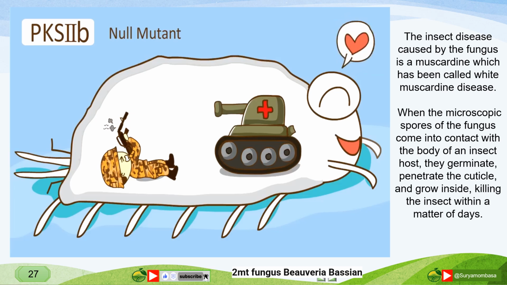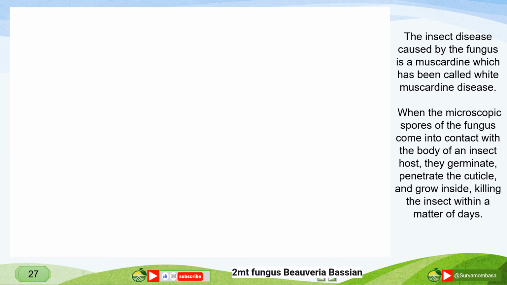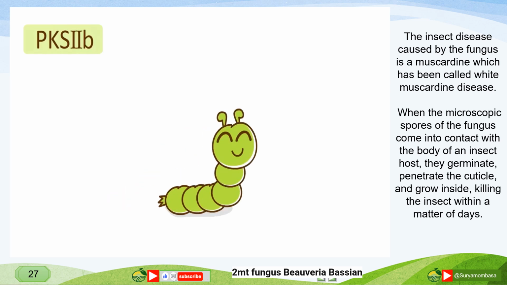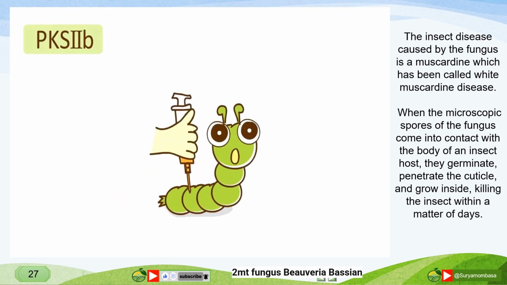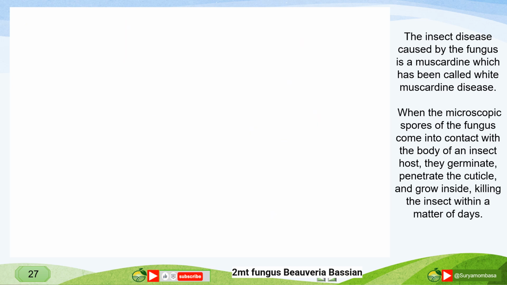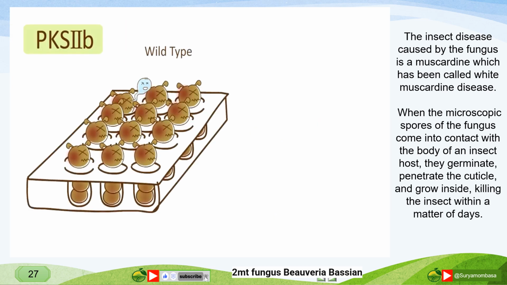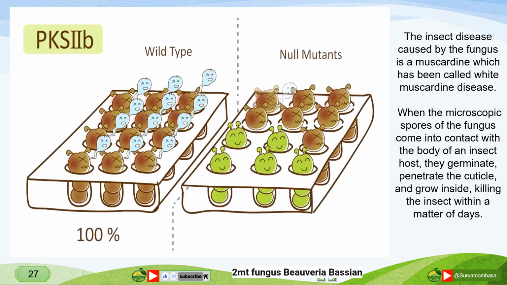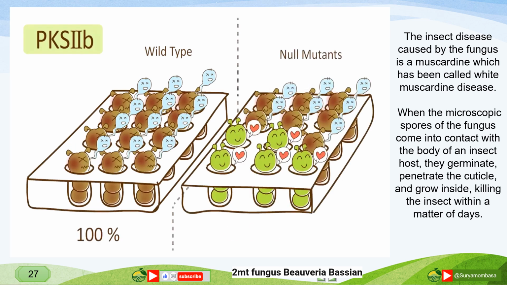We tested the insect virulence in a similar way to that conducted for the PKS3 study. Only 40 to 80% of insects injected with the PKS2b null mutant died. Again, 100% of wild-type injected insects died. Most likely, PKS3 and PKS2b genes from Beauveria are involved in suppression of the immune response system of insects, while the FER-S gene may associate with fungal germination.